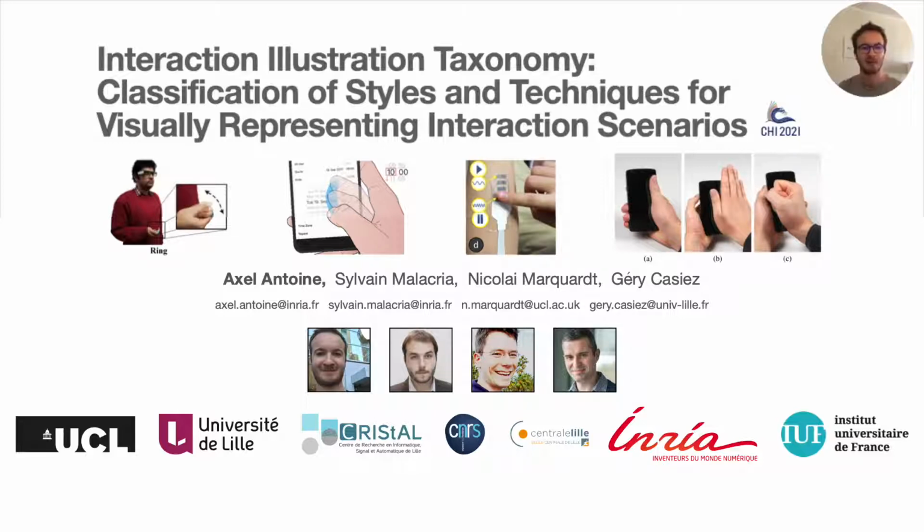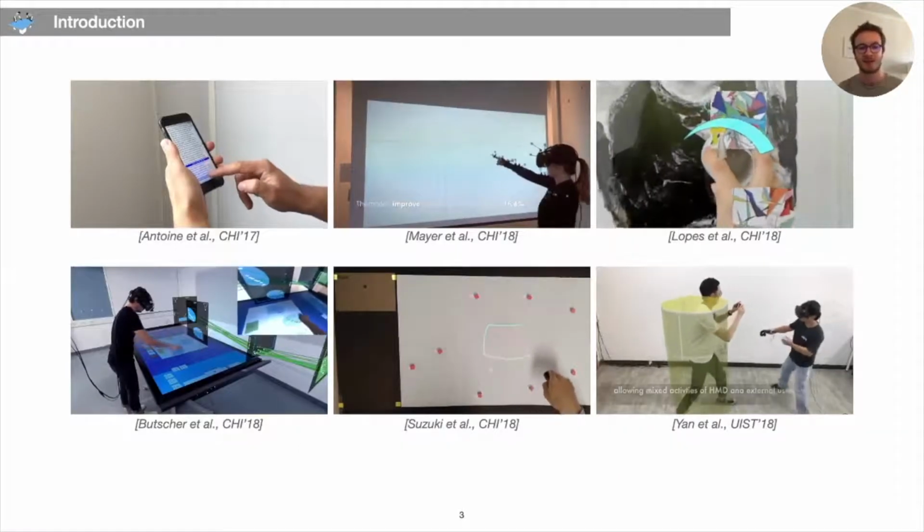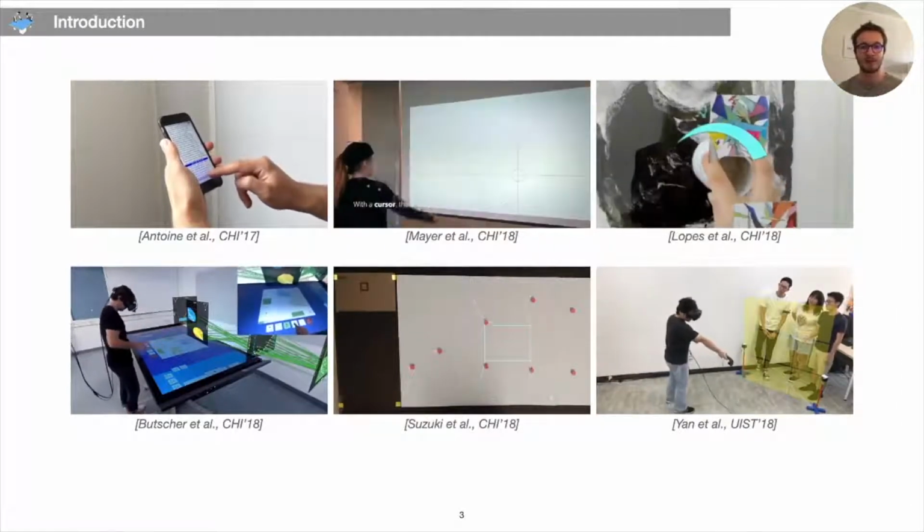I represent you our taxonomy used to identify illustration strategies and techniques for visually representing interaction scenarios. This project was done during my PhD with Sylvain Malacria and Géry Casiez and in collaboration with Marquardt from the University College London. An interactive scenario is a complex situation in which one or more users interact with one or